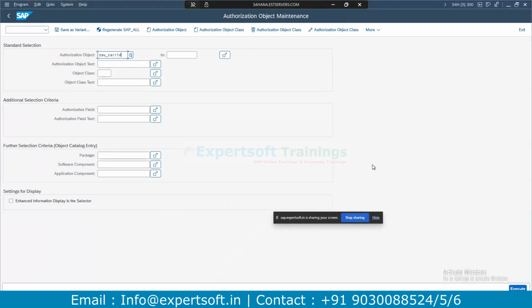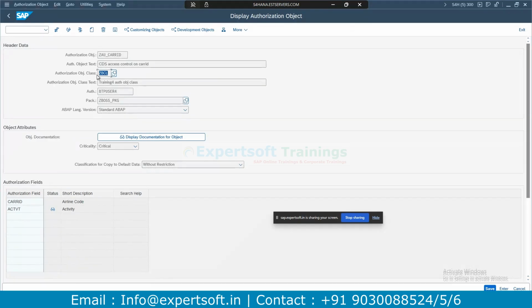Before the authorization object, there are two more things: the authorization object class and the authorization field. If we already have a field that is a standard data element, then there is no need to create a field for it, so we can avoid it. The authorization object class is the same: if we already have a standard one, we will use it. If not, we just have to create one in SU21 as a standard authorization object class. Once this has been created, SU21 is where we create the authorization object with the create object button. Usually you don't create it, but for demo purposes, I'm just giving you a walkthrough.